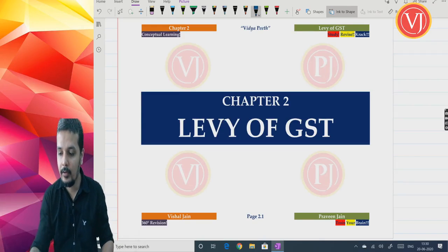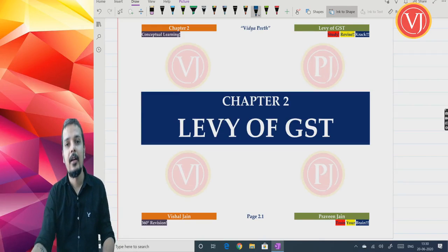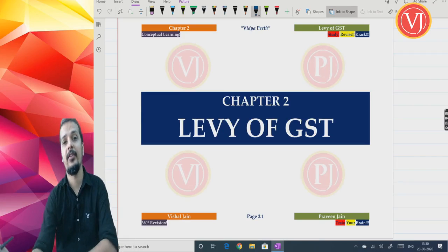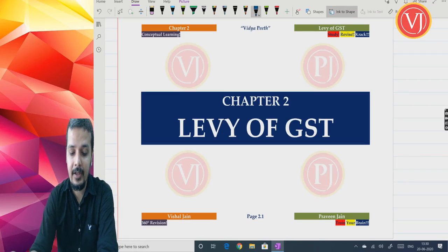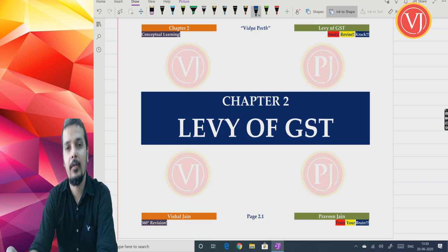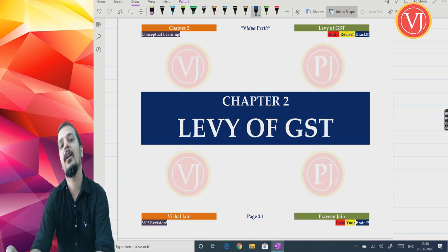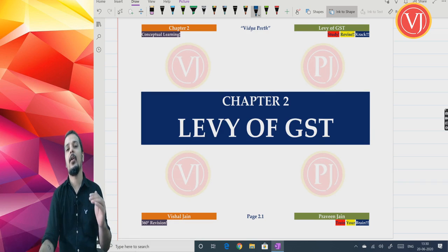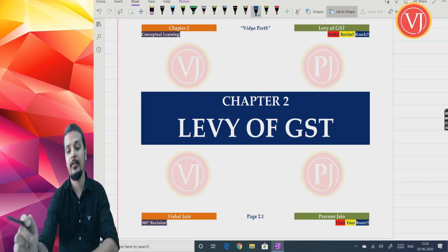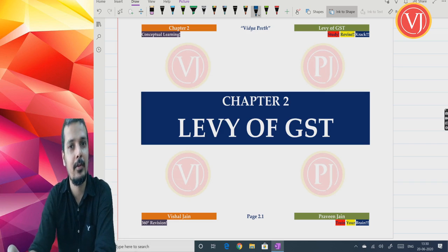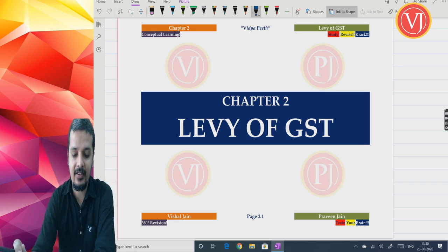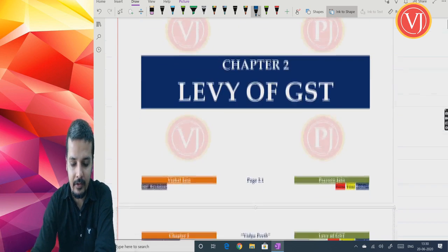Hello friends, so now let us start the second topic, which is the foundation for GST, which is Levy of GST. Now when you are going to talk about Levy of GST, mind you, the content there in the ICA material and the way that we are going to discuss is a bit different. We have divided Levy of GST there in your ICA module into a number of chapters for ease of understanding and for conceptual clarity. So the second chapter we are going to discuss is Levy of GST.